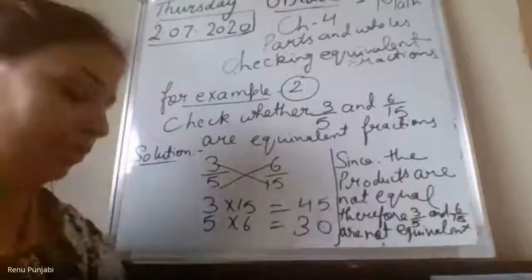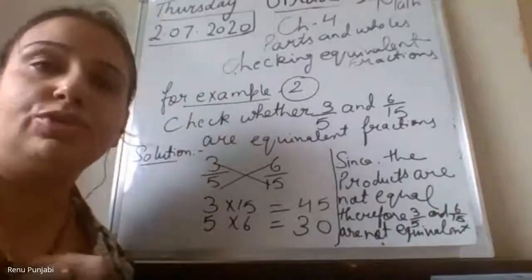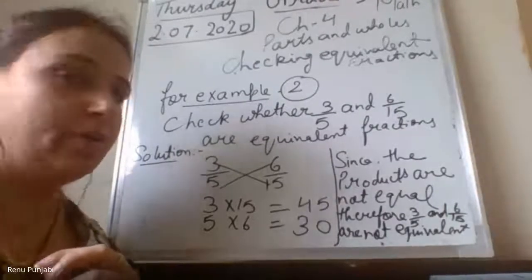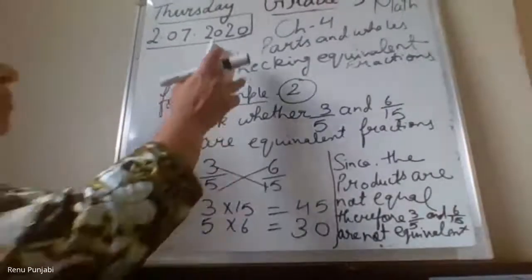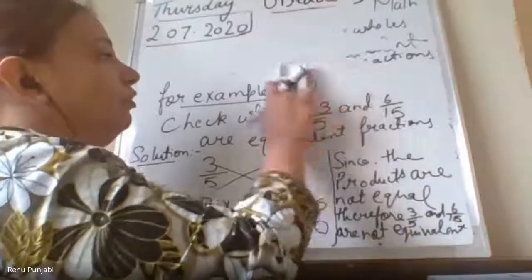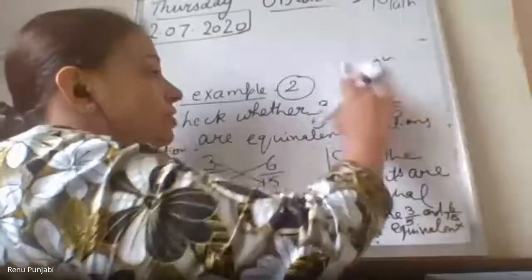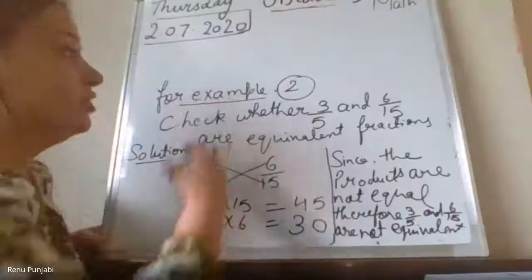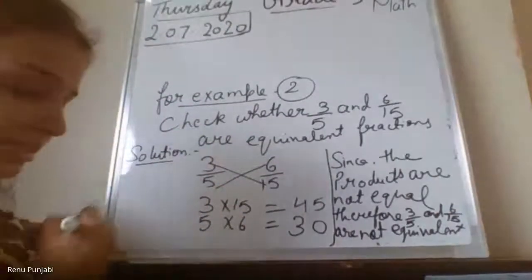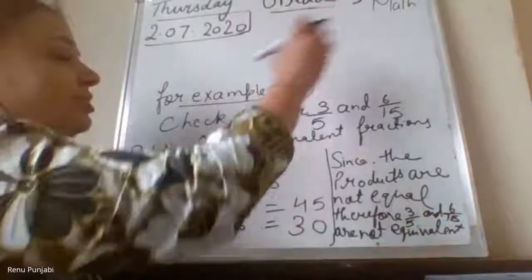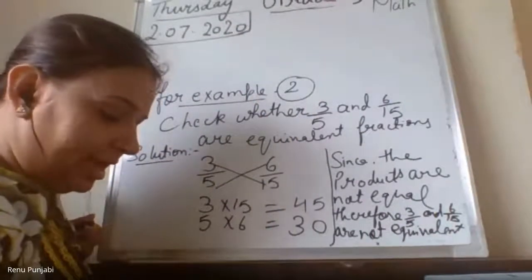Now I will give you two more sums that you have to solve on your own and tell me the answers in the chat box. I will write two more sums here on the board for your practice. So do it and tell me the answers. Yes, do it, no problem. I'm not going to erase it. I'm writing for the other children. Use the next page, a new page, and write.